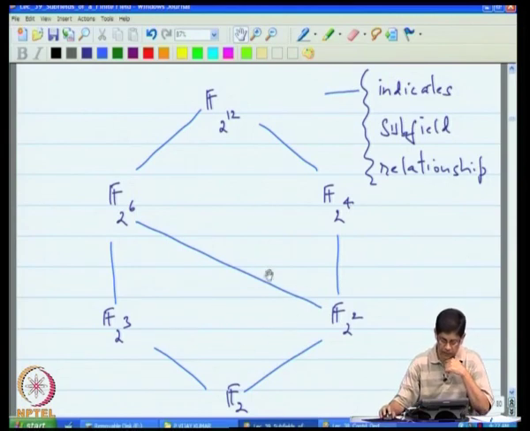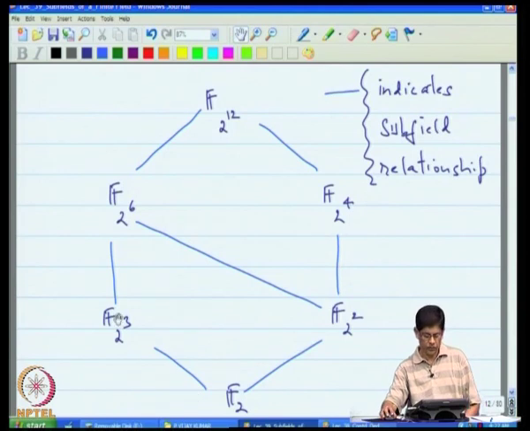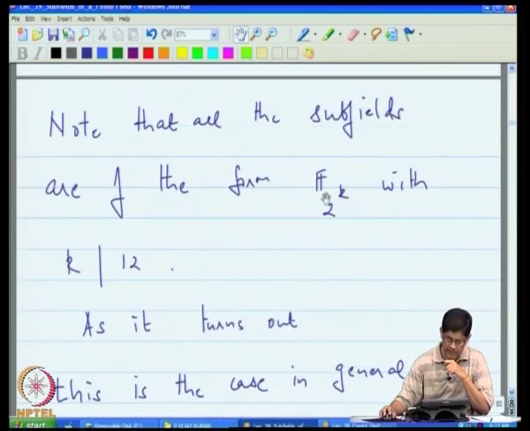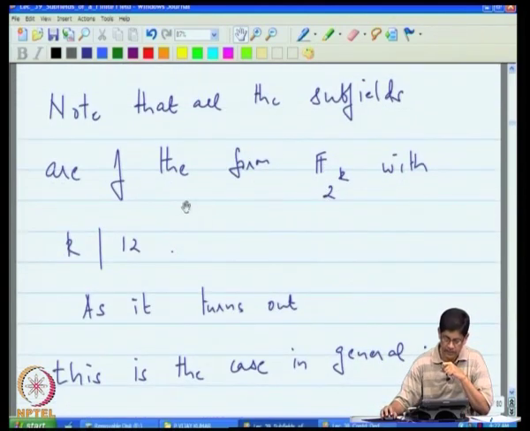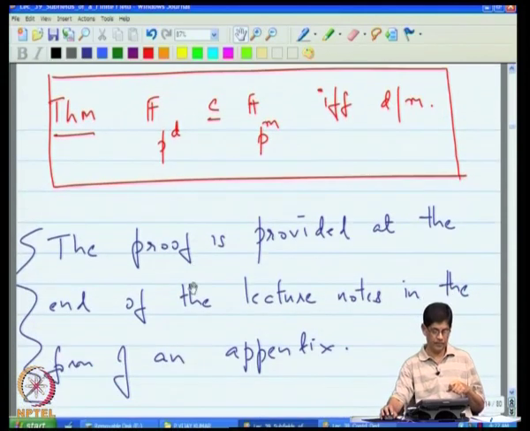Just by inspection you can see that containment simply requires that the exponents divide each other. For example, F_{2^12} contains all these fields because these exponents are precisely the divisors of 12: 1, 2, 3, 4, 6 and 12 itself. And that is exactly what I have written out here, that the subfields are all of the form F_{2^k} with k dividing 12. And this is not an isolated instance. It turns out that in general,